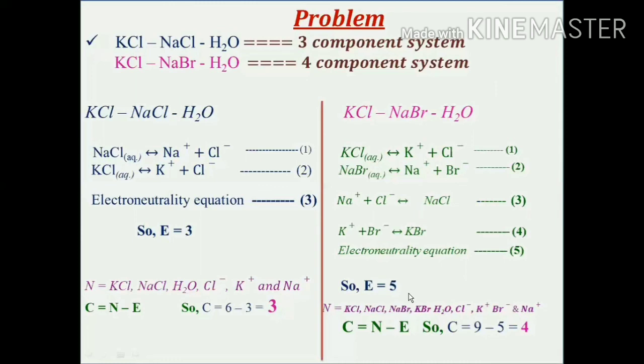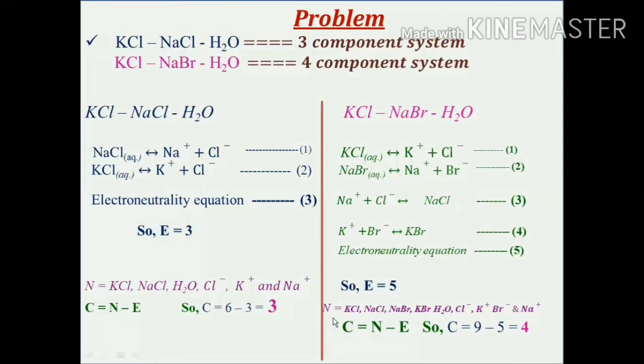Now my next step will be to determine the number of species. That is not a difficult task now because I have already written the chemical equations. So I have KCl, I have NaBr, I have NaCl, I have KBr. 4 compounds. And what else? Water is there in the system, yes, of course. And chloride ions, potassium ions, bromide ions and sodium ions, all the ions which are present over here, right? So the value of n is 1, 2, 3, 4, 5, 6, 7, 8, and 9. A comma is missing between KBr and H2O. So these two are different species. Don't take them as one. Okay. So we have 9 chemical species in my system.